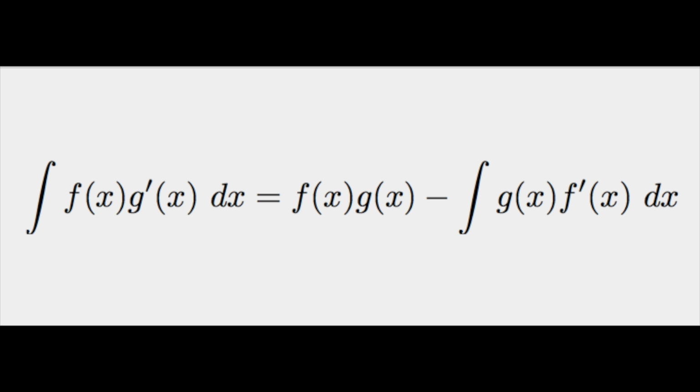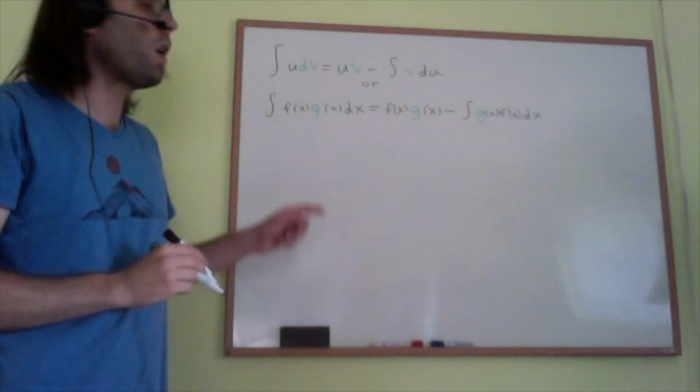What the integration by parts formula says is that this is equal to f of x times g of x minus the integral of g of x times f prime of x dx. Okay,